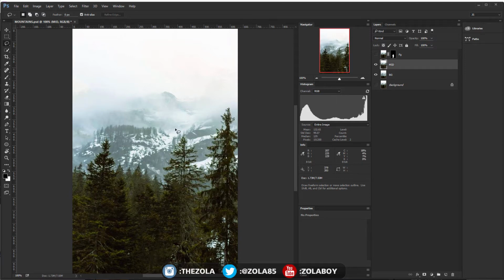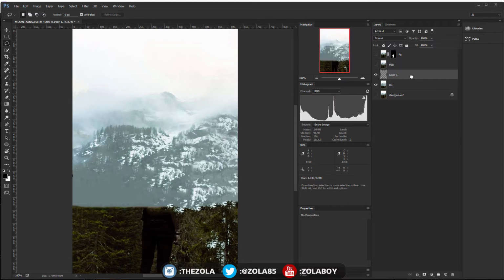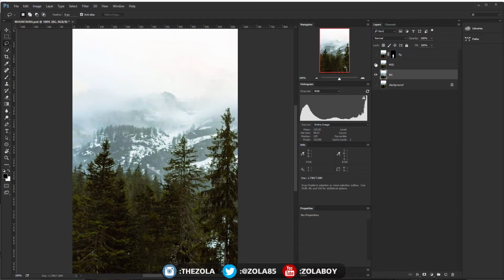Let's bring this little part here up as well. So I'm just making a selection, hit Control J to move it onto its own layer, and then I'm just selecting these two, hitting Control E to merge them back into the same layer. So let's just say we're alright with that. Now the tricky part we're going to have to do here is make a selection for these trees. Now like I said, this is less than ideal because we have lots of tricky edges,